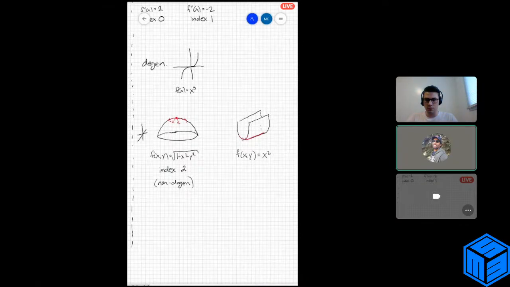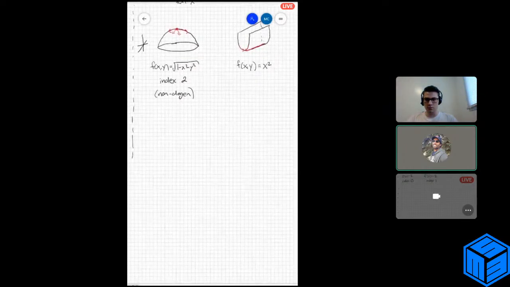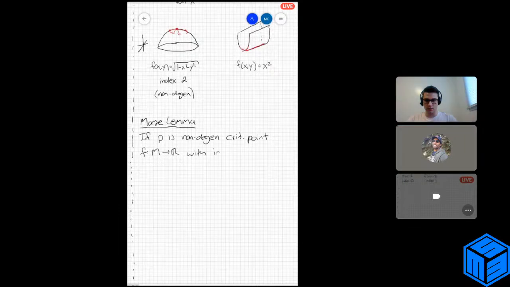So, okay, we've looked at a couple of examples of non-degenerate critical points, and what we've seen is that they can tell us a little bit about how the graphs flow around those critical points. But okay, that was fine and dandy for functions. How can we apply this to a manifold? Well, this is going to be the first of our theorems, the Morse lemma. What does the Morse lemma say? Well, if P is a non-degenerate critical point of some function f going from my manifold to R that has index lambda,